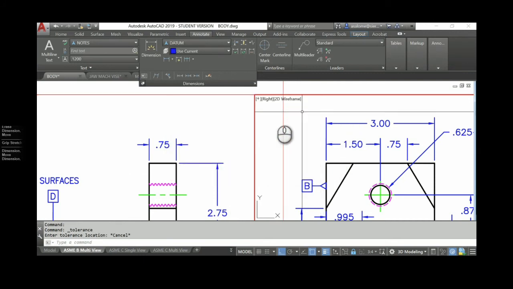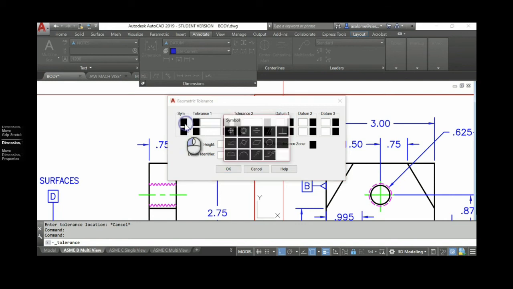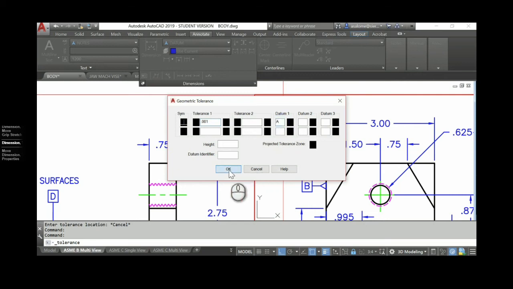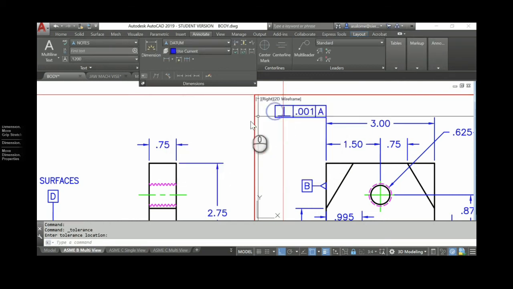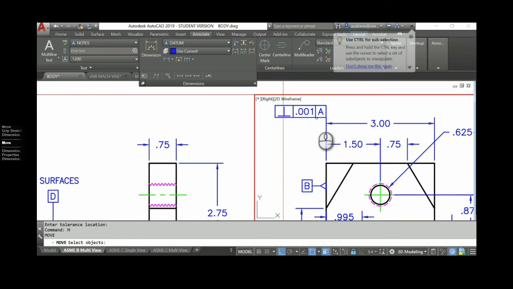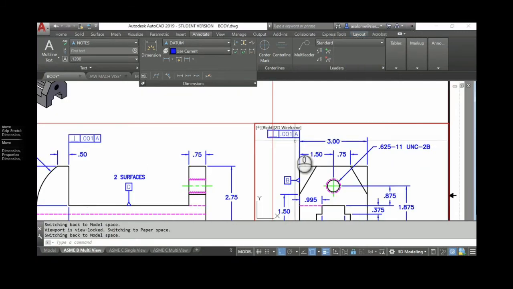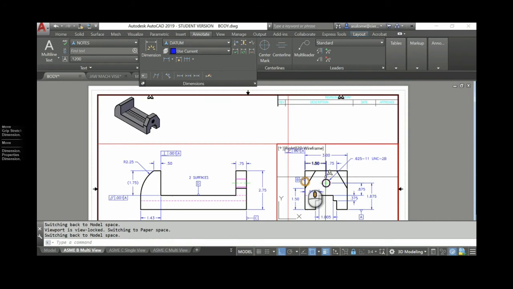Let's open the right viewport. Perpendicularity 0.001 to datum A. Okay, we're going to move that. I got really close to that, didn't I? Oh, I got lucky. Okay, so that's hanging as a flag at the end of that. Okay, so we're good on those.